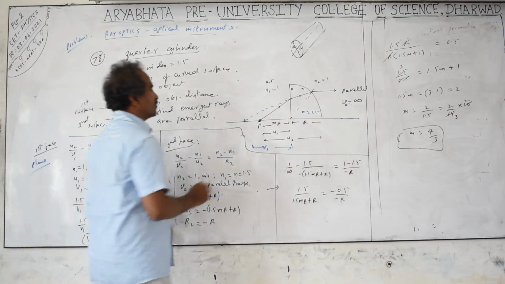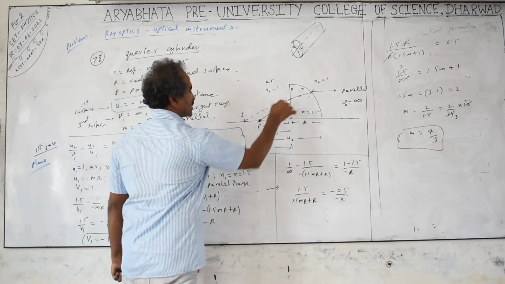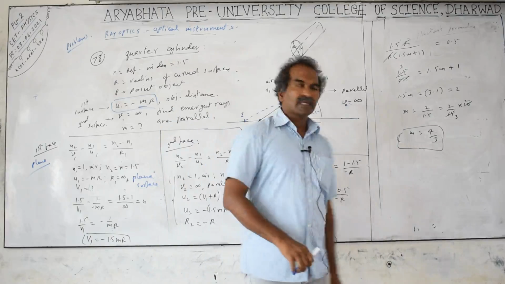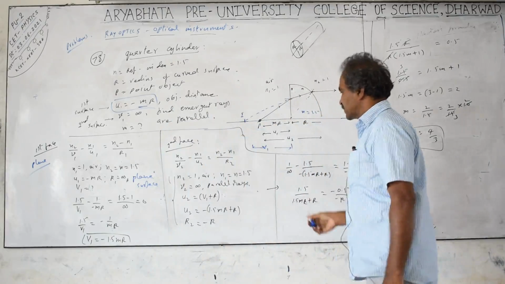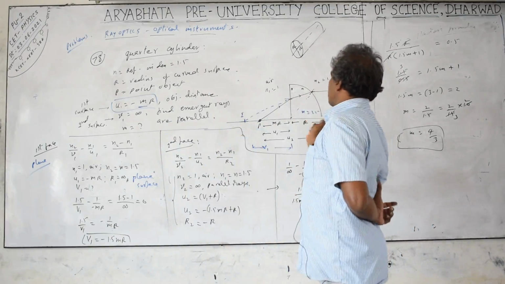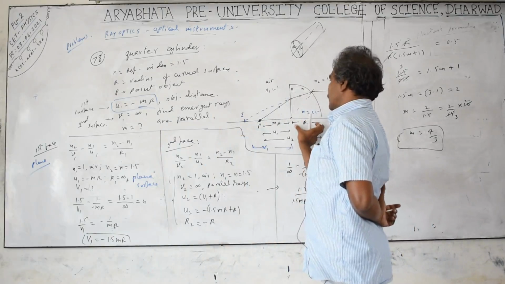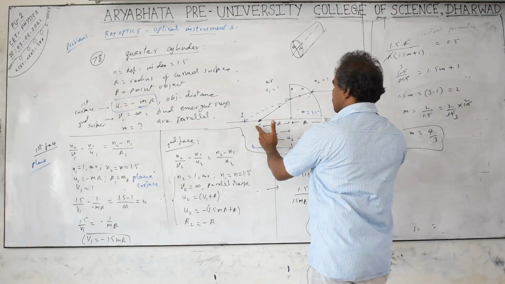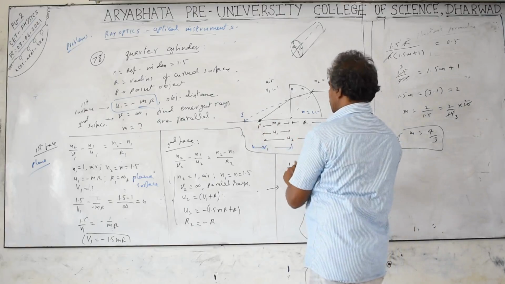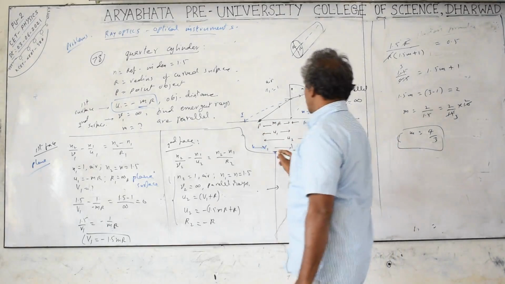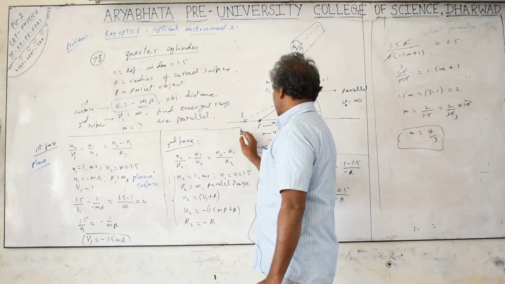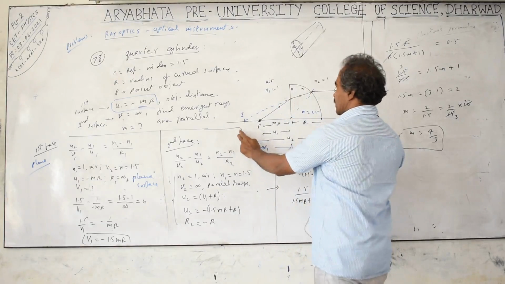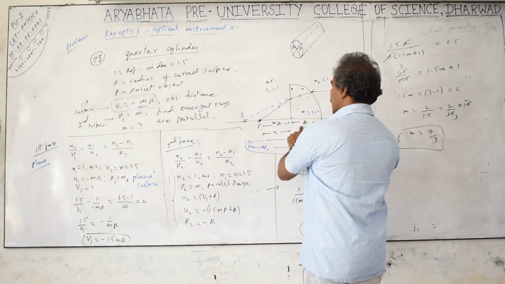This is the image formed by the first surface. This acts as an object for the second surface. It is not really formed, it is a virtual image that acts as an object for the second surface. The second surface is a curved surface, but the center is on the left side, which means you have to take minus r as the radius of curvature. Object distance for the first surface is minus mr, of course. For the second surface, the object distance is u2. What is u2? u2 is the distance from the second surface to where the object is formed. This is u2, which is this v1 from the first surface plus r.